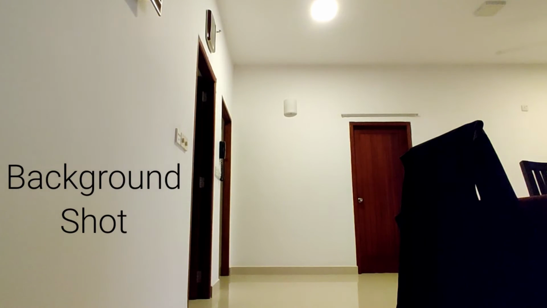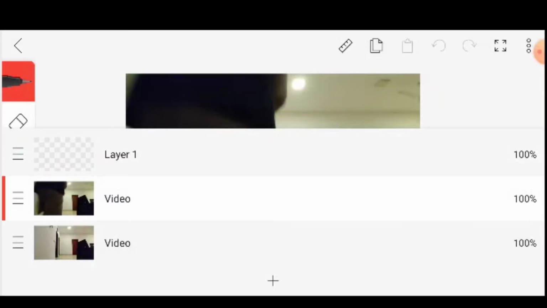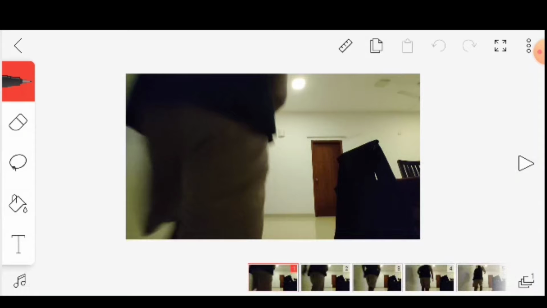As always, we first film the background shot. To make things easier, I'm going to use this background for both the phasing in and the phasing out effect. Here I am running into the wall, except instead of something breaking down, my character is actually now going to pass through the wall. I'm now going to take this to Flipaclip.